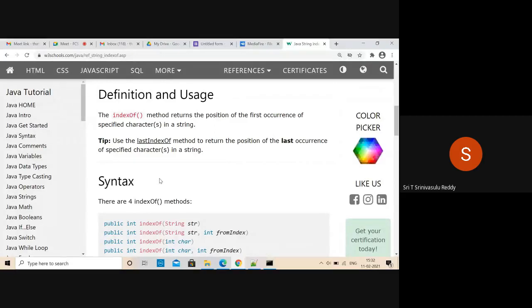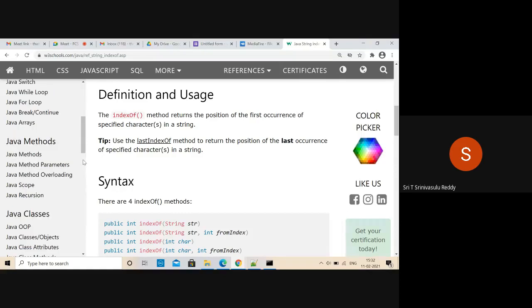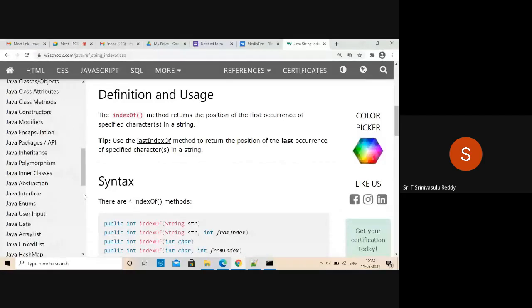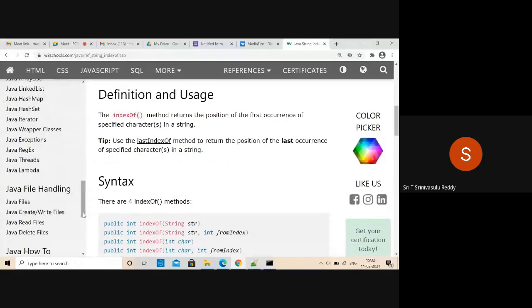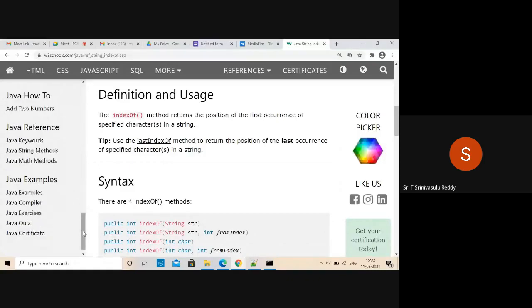There may be many more, but they give some light on a few useful methods and explain examples. The complete list is always only in the complete reference on the Oracle site. Similarly, there may be other things. W3Schools also sometimes might provide it. I don't know. Somewhere at the end, you might find the complete reference. That's what you require. Let us see whether he is giving any access to that. Reference, keywords, string methods, Java reference. He is saying Java string methods.